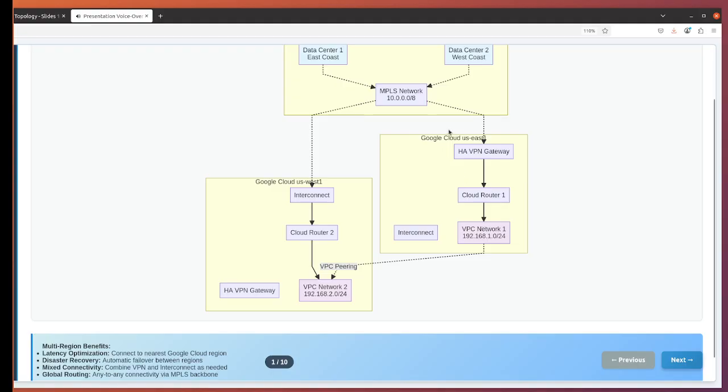Notice how the connectivity types can be mixed. Your primary East Coast data center might use Cloud Interconnect for high bandwidth and consistent performance, while your West Coast location uses HA VPN for cost efficiency and faster deployment. The MPLS network in the middle is crucial for many enterprises. It provides any-to-any connectivity between your sites, which means traffic from any data center can reach any Google Cloud region